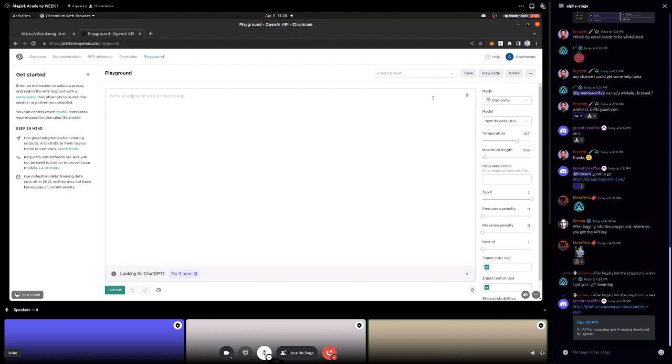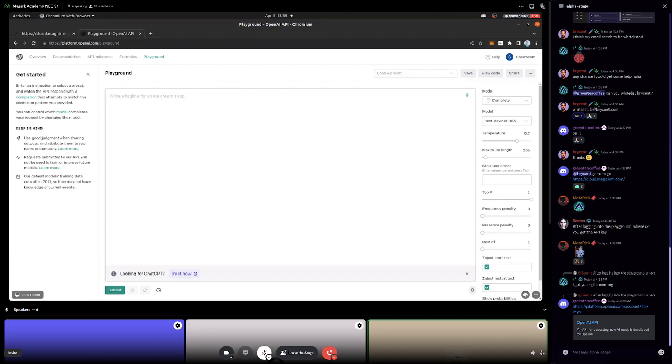We really all started here. We started in this playground, just creating completions. So I'm going to go over a few of the different parts of how to create a completion and what these values do. We're going to use some of these values, which are also exposed in Magick, the exact same values, to create a prompt later. But I'd like to start by getting everybody acclimated to the sandbox. Even a lot of people who are into this stuff have never really gotten deep into this playground or found it useful. I want to show how I use it. When I'm building Magick spells, I also have this open and I'm testing, because a lot of optimization can happen in this window.